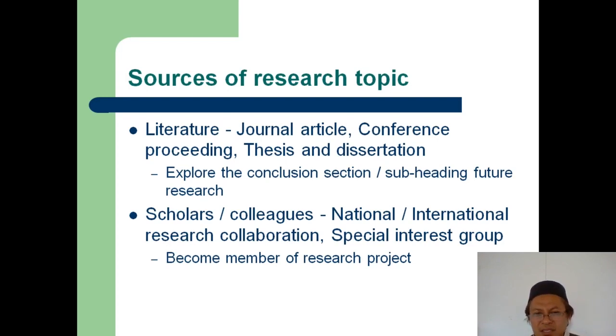At the end, normally in the conclusion or sometimes at the end of the discussion, the researcher will propose how the current research can be further extended by future researchers. So that is a very good avenue for you to identify